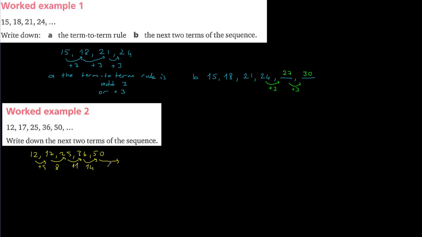For the next term, I'm going to add 14 plus 3, and that's going to be equal to 17. For the next term, I'm going to add 17 plus 3. I'm going to find the next two terms of the sequence, but this is not